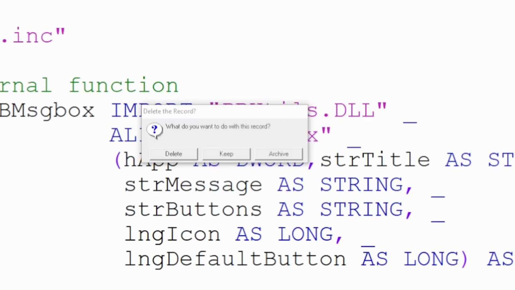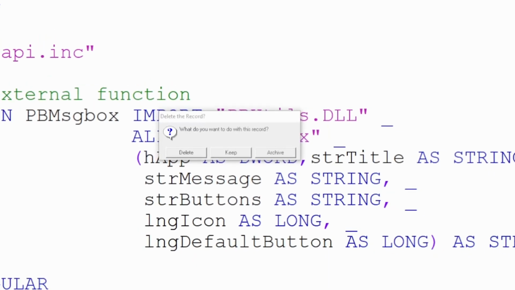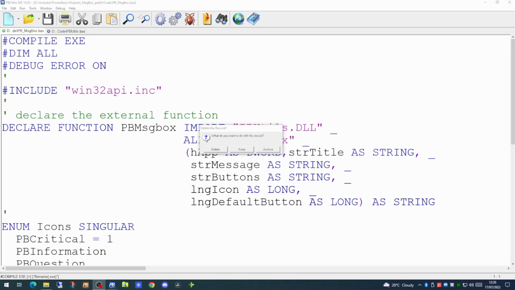What we're going to do today is to enhance this message box further and give an optional parameter to our DLL function. This optional parameter will contain text and a URL, and if it is populated, it will place a URL inside the message box itself. This can be used to direct users towards a website. The purpose of this is to redirect your user to an external system. So let's have a look at the code.